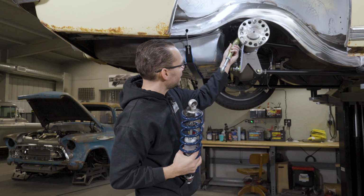We did have to massage it a little bit to clear the rear end and the springs, but for the most part I want to keep as many stock components as I can on this car so that it's easy to duplicate this later maybe. If another customer wants this, okay, cool, we already got it figured out. All we gotta do is get these parts, weld them in there, find a good body to start with, and then just do it. One of the challenges here is figuring out how to